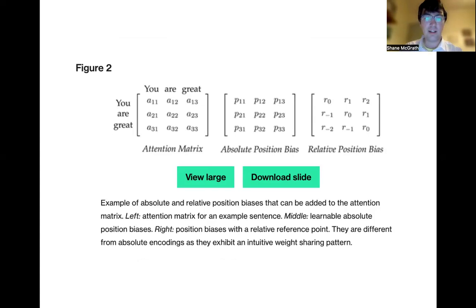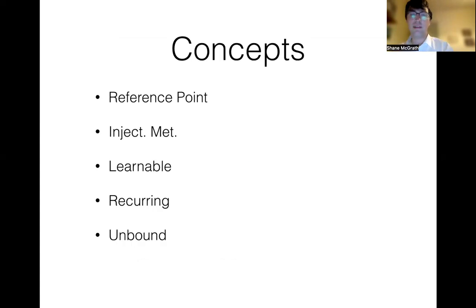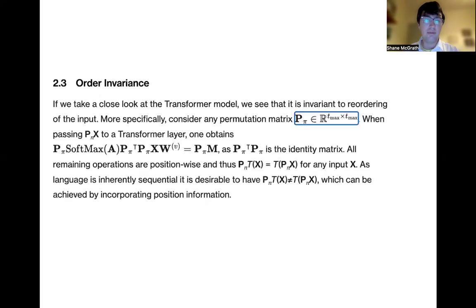The example here is matrix manipulation or something like that. Then learnable: does the data itself have these kind of positional codings recurring? So that's a combination of the inject methods and unbound. Kind of talked about this before, where the sequence itself depends on how many tokens are in the sequence,